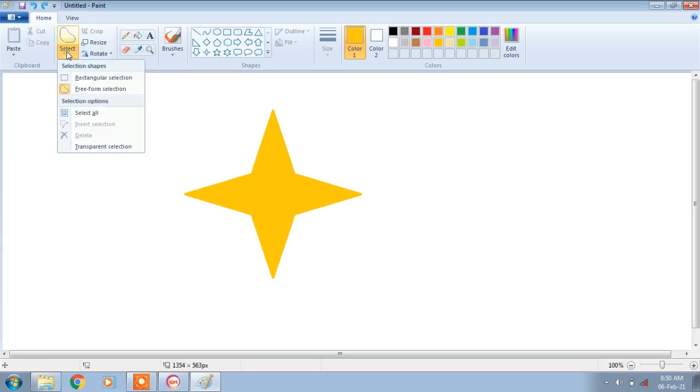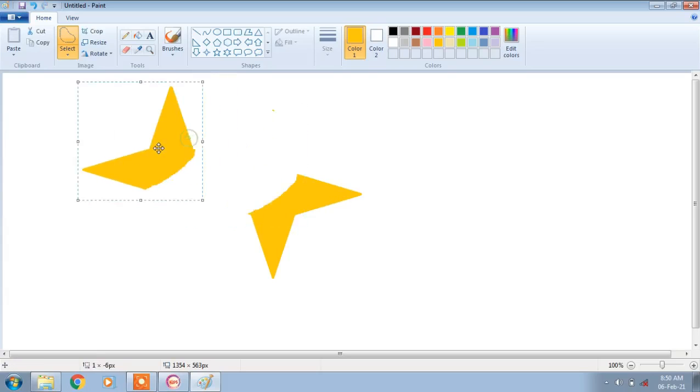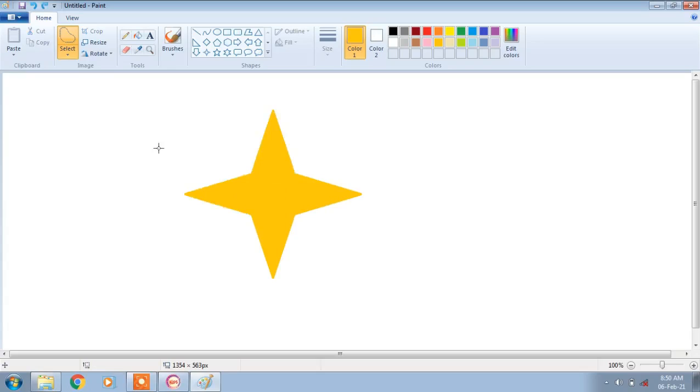Simple. Click on select tool, in that select tool, select this freeform selection. Then select the part which you want to remove, or cut, or delete. So this part I want to delete. In this way you can take it out. This is the way to remove the part or delete the portion. When you press the delete key, that portion gets deleted. Understood? When you press Control Z again, it comes back. Undo means that the last action you have performed will be reversed. That is the use of the undo button.